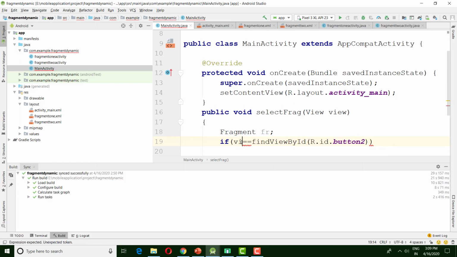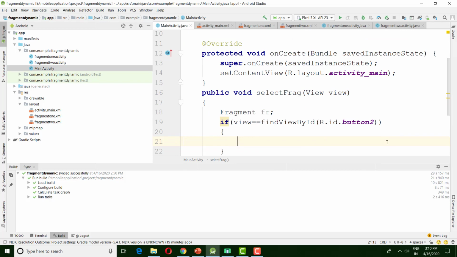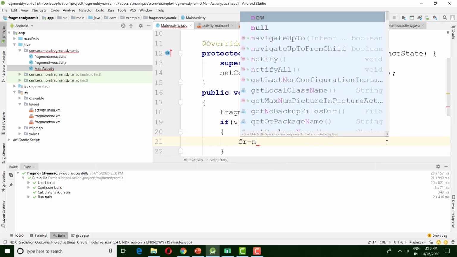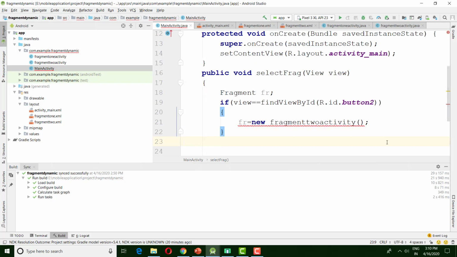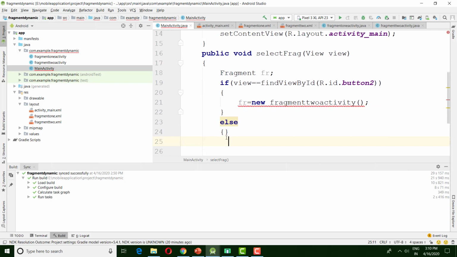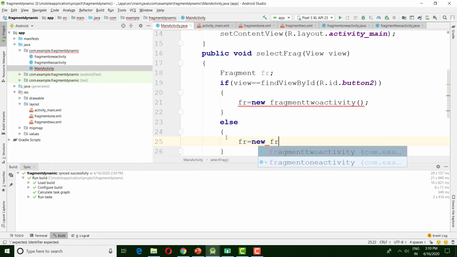If view equals findViewById, then create an object of Fragment2, new Fragment2 activity, and otherwise create the object of Fragment1.